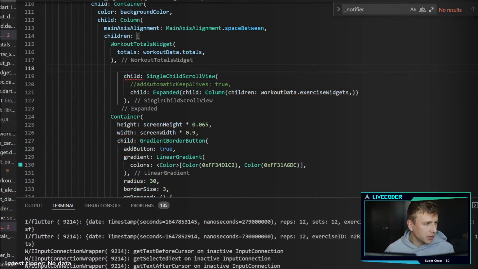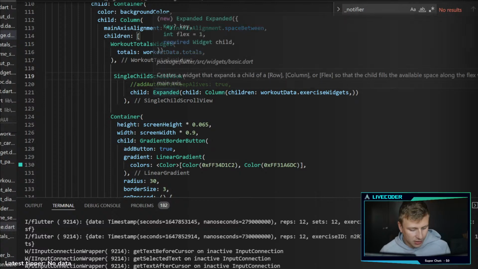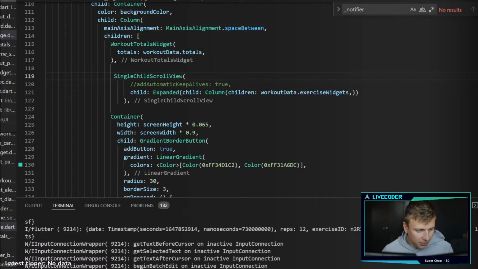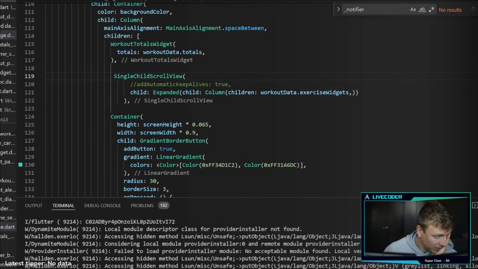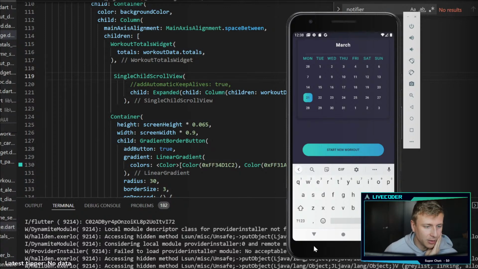Okay, let's see what happens if we instead put it inside a single child scroll view, and then the child of the single child scroll view has an expanded widget. I don't think it works still, because the problem that we're running into is